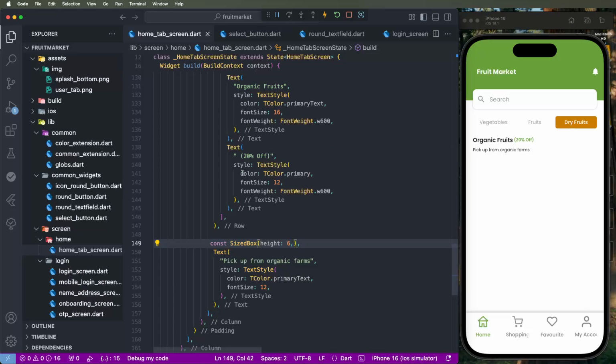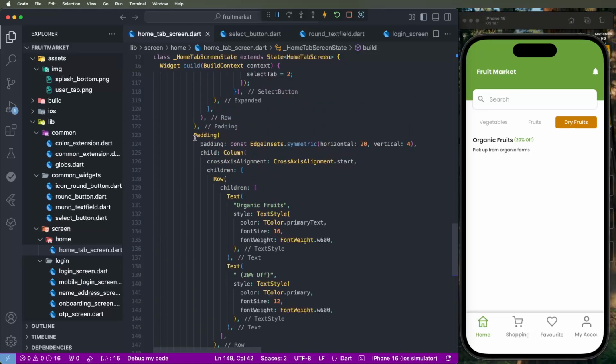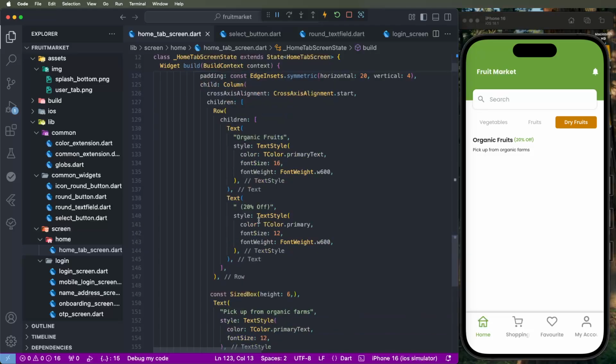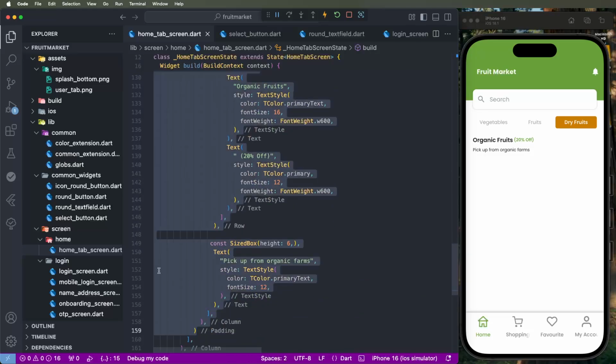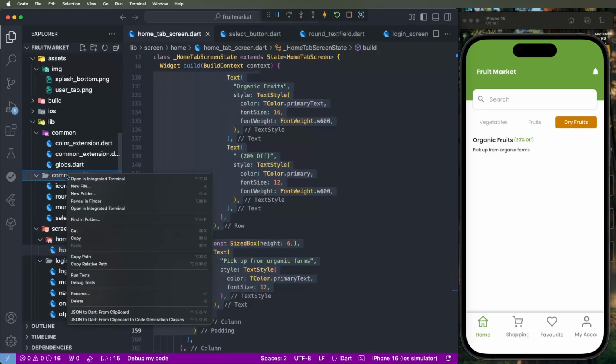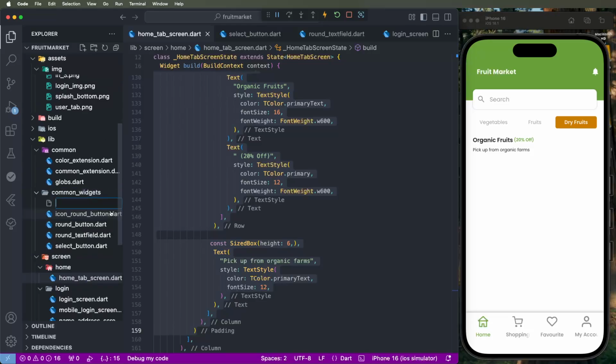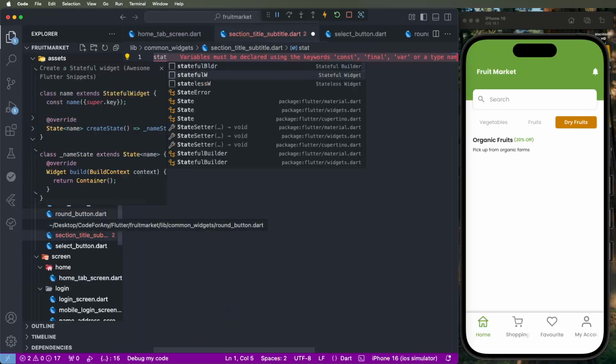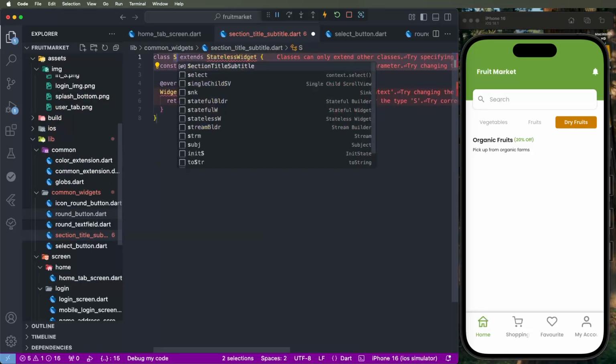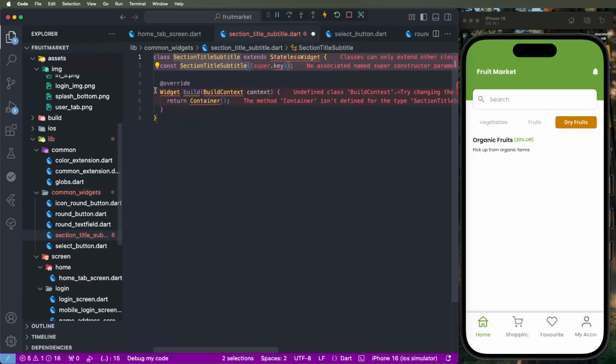We need to make the sections. Now we need to convert this into common sections. Now need to cut this code, copy it, go inside the common widgets, and give the section title, subtitle. Need to create a stateless widget to set the section title and subtitles,